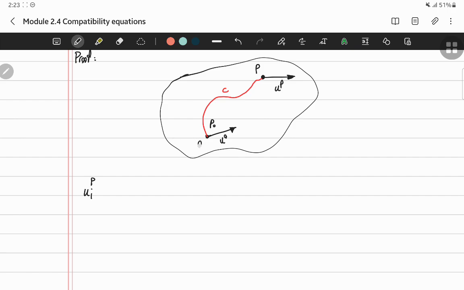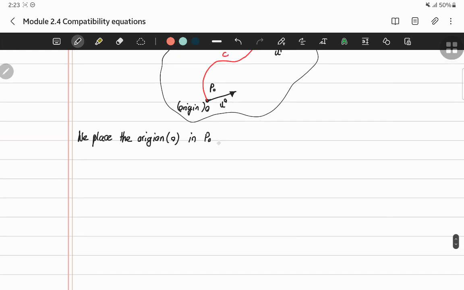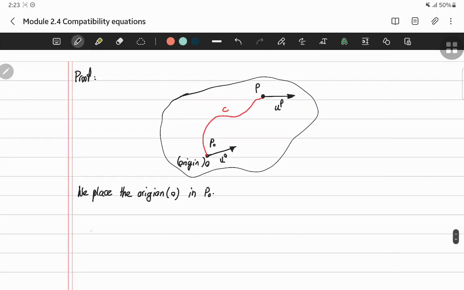So maybe I write here origin. This is O, and the point name is P0. It's better to write it here. So we place the origin O in P0. Okay, so I can write